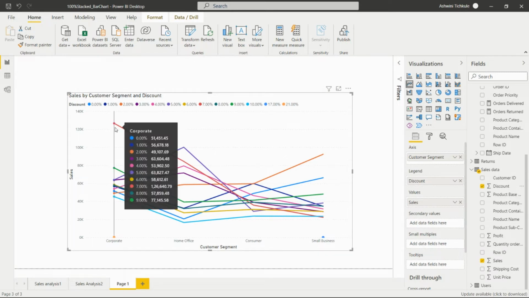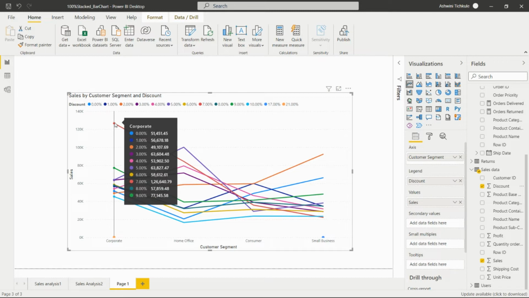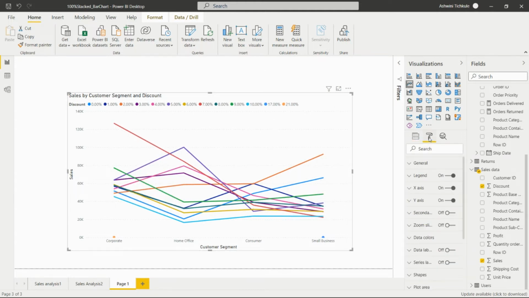Okay, so here we can analyze this particular corporate, and this color is showing the 7% discount. So for corporate, the highest discount percentage is 7. You can analyze likewise. Okay, so for the formatting, we can change this legend position from here.